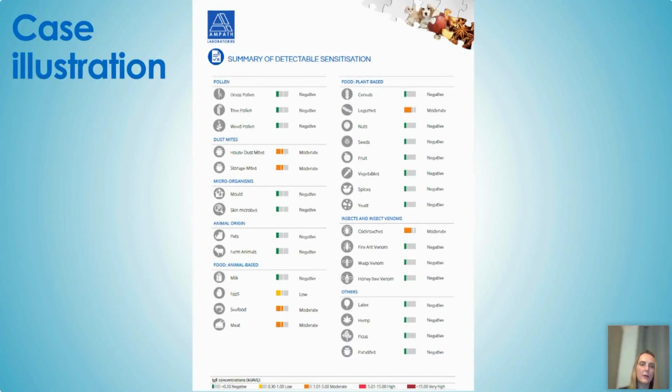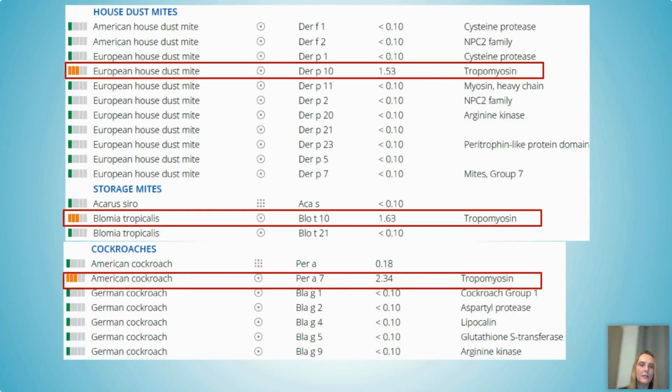So just having a case illustration of the Allergy Xplorer. So you get a nice summary of the detectable sensitizations, the negative allergens, and then the positive ones. And in this patient, then the house dust mite was positive. And it was a tropomyosin. Just to explain here, that the dot means that it's a component, and the multi-dots here means it's an extract. In this patient, then the Blomia tropicalis was also positive, which was also tropomyosin, and in the cockroach, the same component,